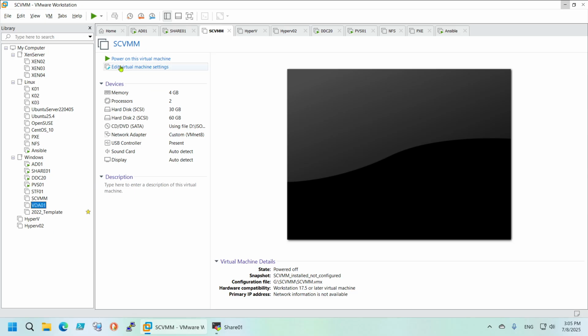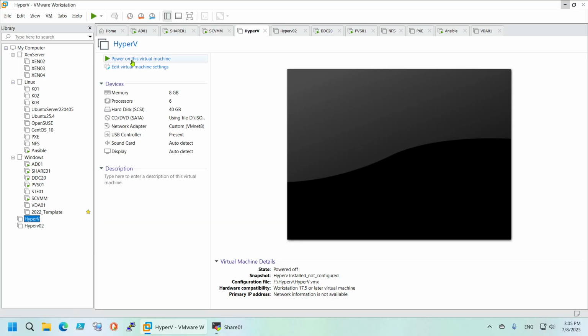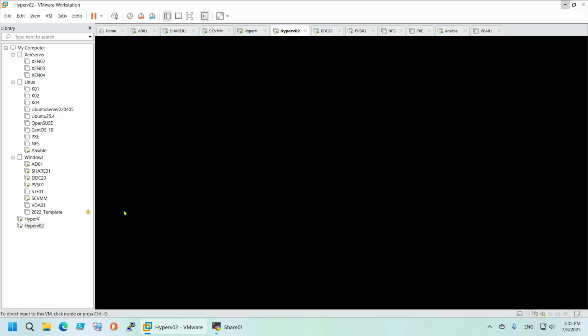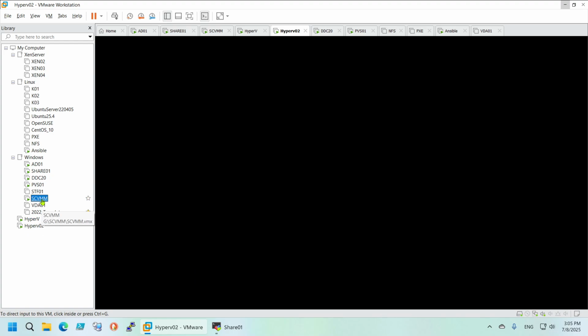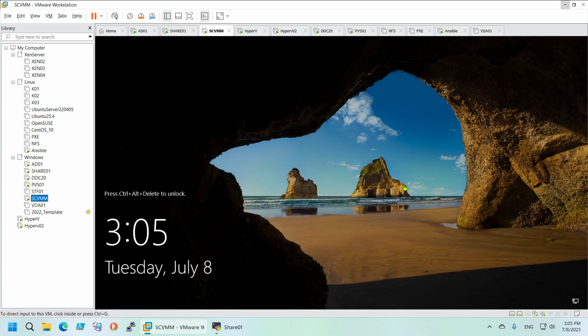Okay, let's start the SCVMM server and the two Hyper-V hypervisors. The Hyper-Vs have the role installed and also the cluster role installed, because we don't have time to install everything in one video. And also the SCVMM has the console installed, but nothing is configured. Okay, let's start